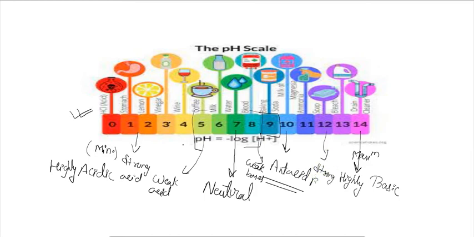So hence, this is the pH scale. Using this pH scale, we can differentiate different substances, and these colors which are present here are the colors which we obtain on our litmus paper. If we are using good quality litmus paper, then according to the color obtained on the litmus paper, we can easily find out which point we have reached on the pH scale, and whether that substance is a weak acid, strong acid, weak base or strong base.